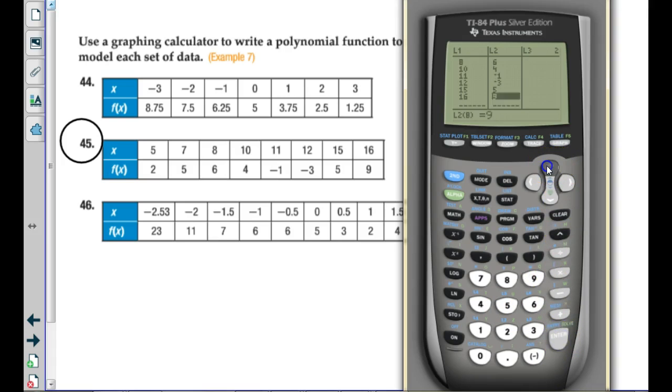Okay, proofread that you have them in right. 5, 7, 5, 6, and 4. 11, 1, 12, negative 3, 15, 5,